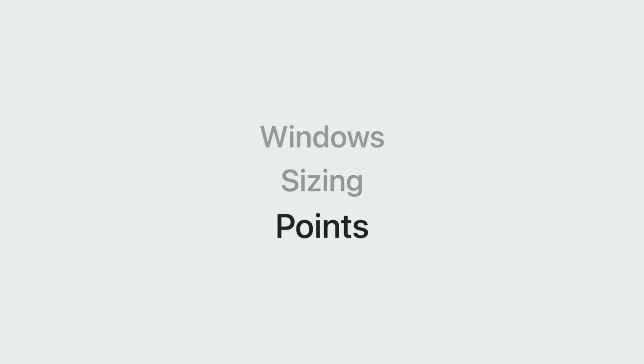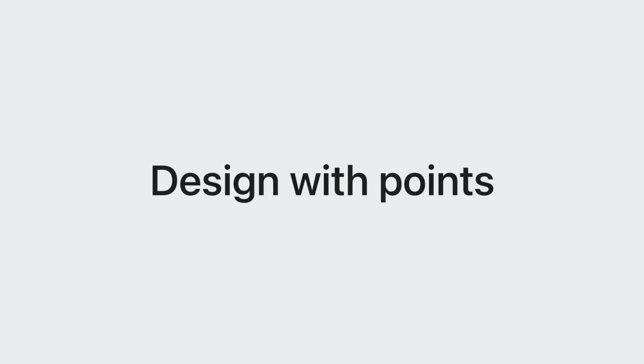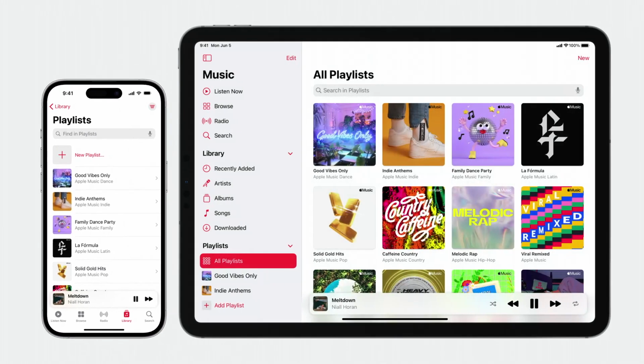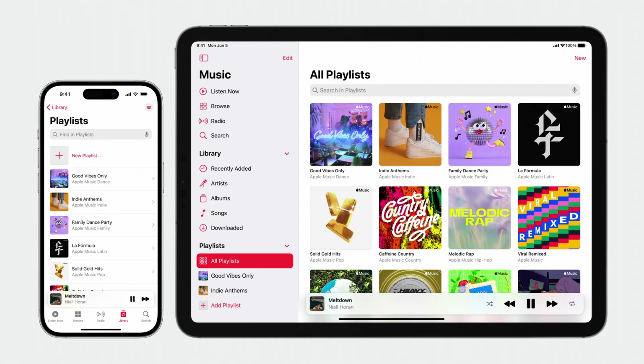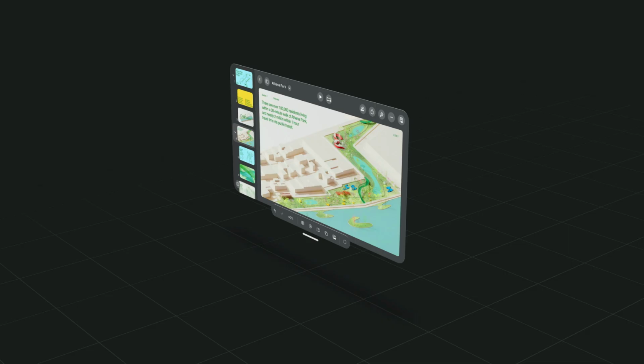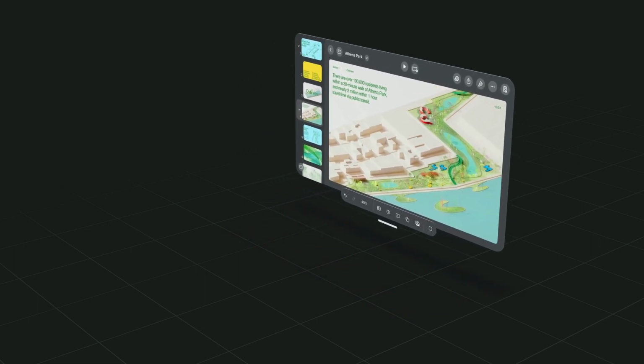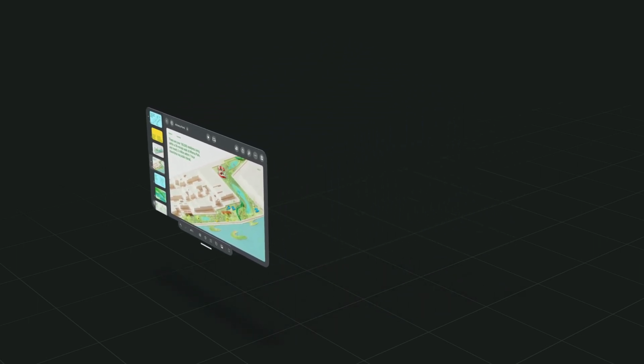Next, let's talk about points. To make sure our interfaces scale well, we design with points. This is a concept you're probably already familiar with. Points are the way we specify the size of interface elements, describing our interfaces in a way that adapts to other screens. On this platform, as people move windows, they scale larger as they move away and scale smaller as they move closer to them. This keeps